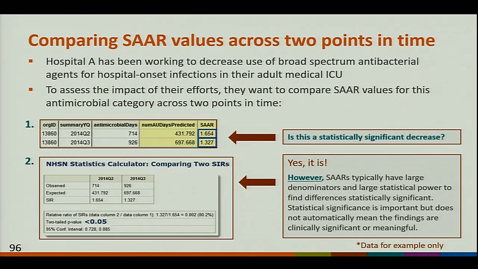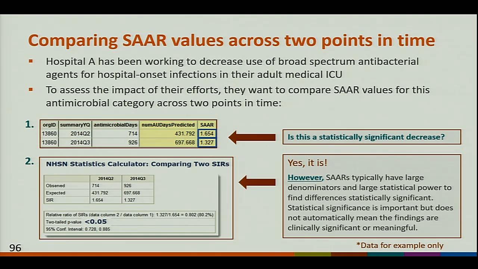This next example is to show how a hospital can compare SAAR values across 2 points in time. The same Hospital A has been undergoing efforts to decrease their use of broad-spectrum agents predominantly used for hospital-onset infections in their adult medical ICU. To assess the impact of their interventions, they want to compare the SAAR values for this antimicrobial category across 2 points in time. They find a decrease in the SAAR value for the ICU from 1.654 in quarter 2 to